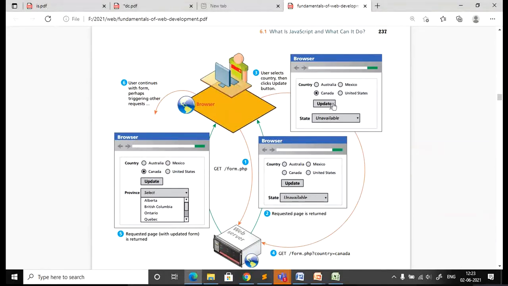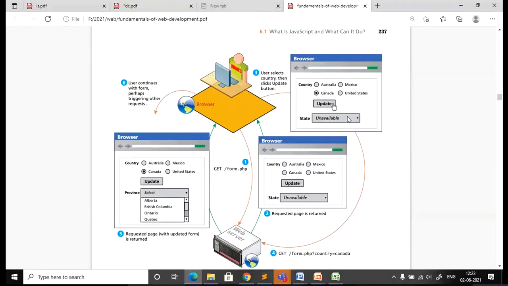So I'm selecting country. Here India is not there, so you consider there is India. After that, it has to select the state. You can just see the options here. It has to update the list according to the country I have selected. If I have taken Australia, the corresponding states should be shown.